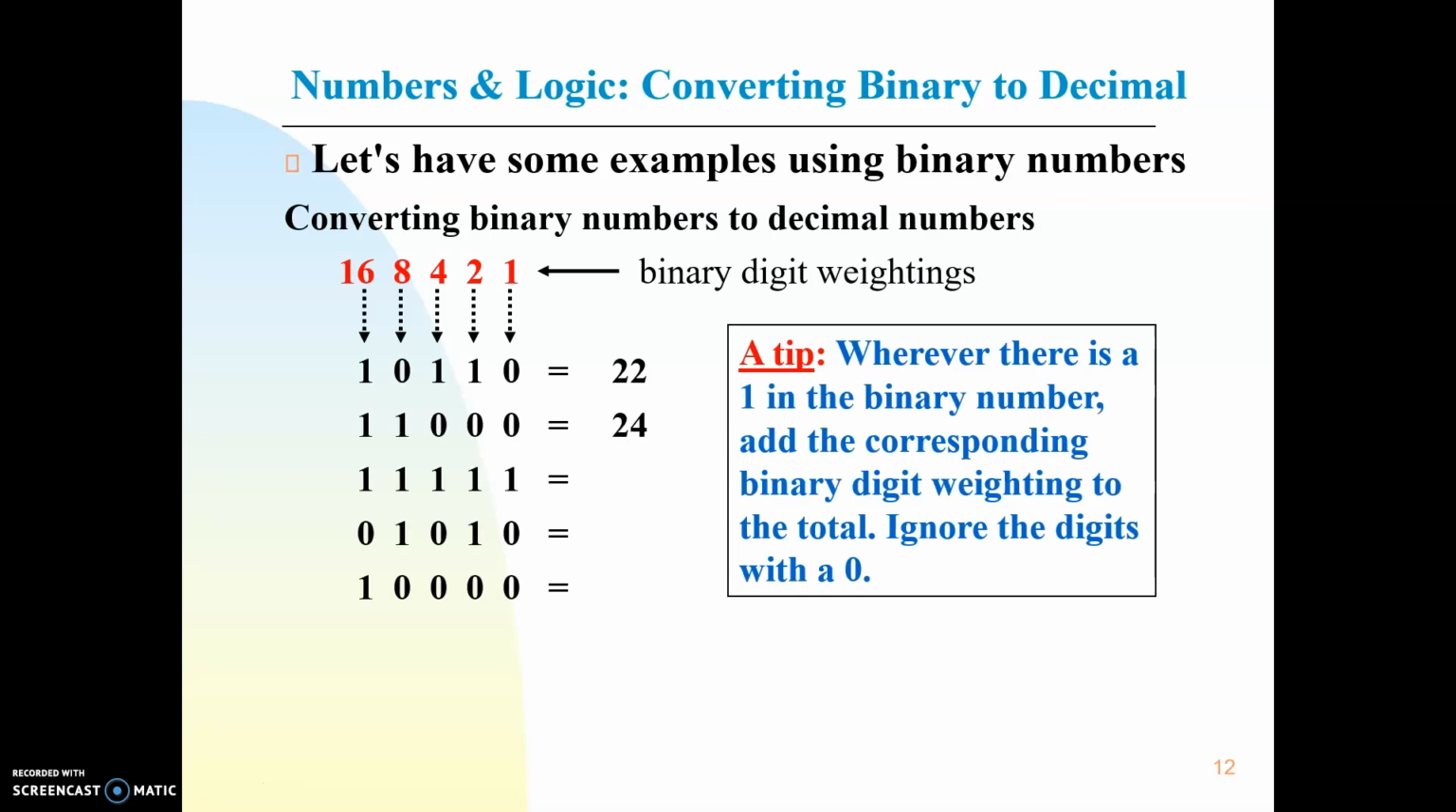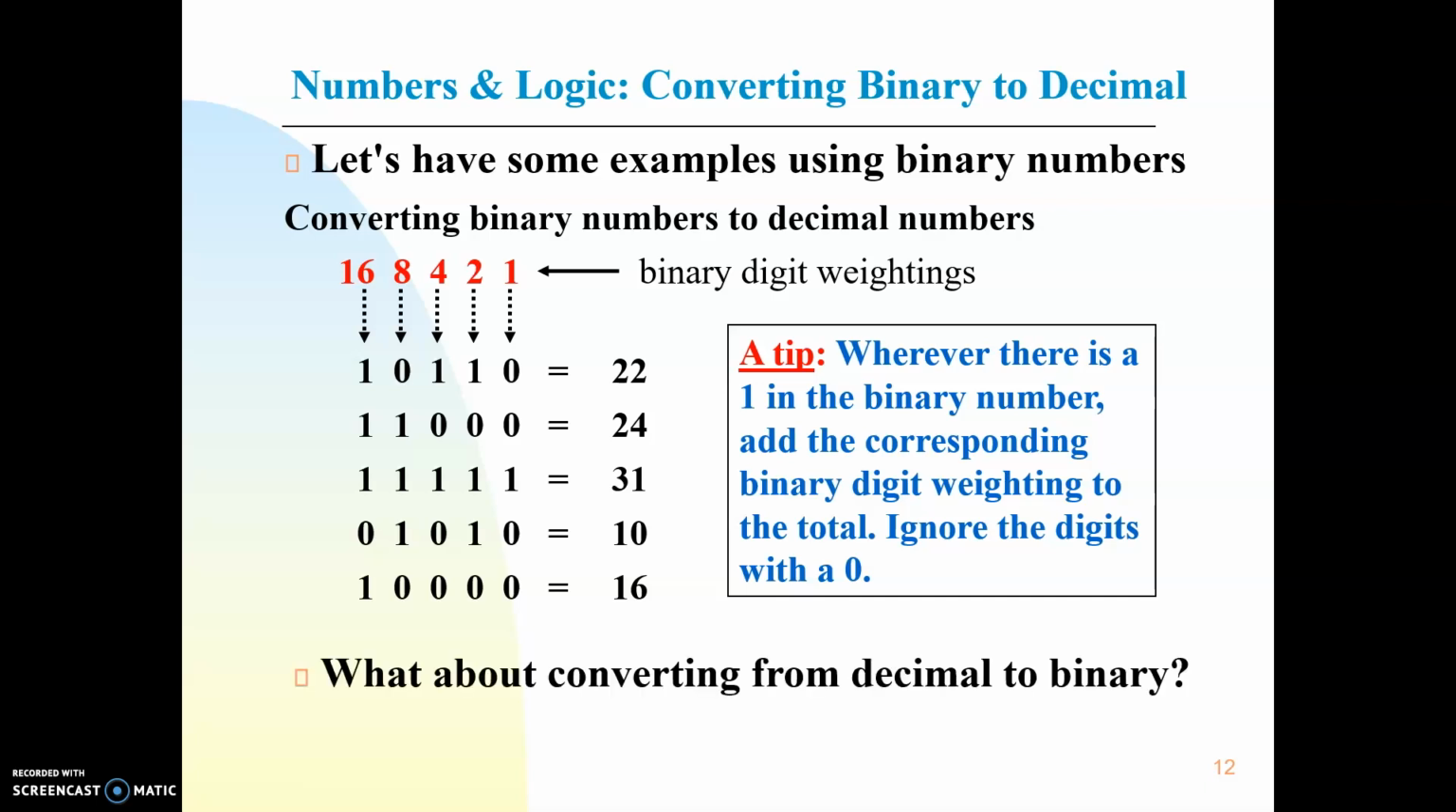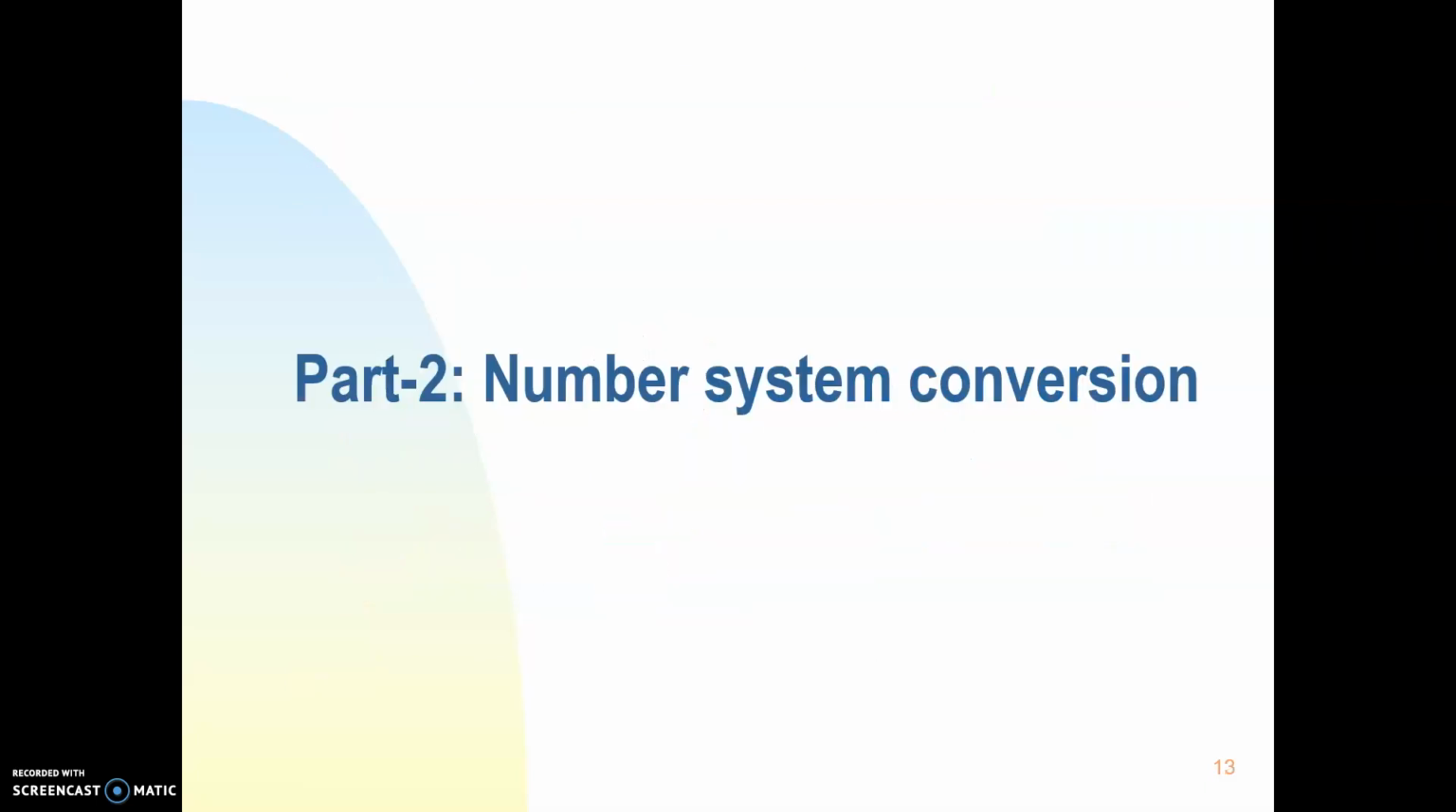So here I have shown how you will use the binary number system to convert to the decimal number system. So 22, that is 16 plus 4 plus 2, will give you 22. 24, 16 plus 8, will give you 24. For 31, all will be 1. For 10, 8 plus 2 will give you 10, and 16, that is this digit, will give you 16. In the next part, we will see number